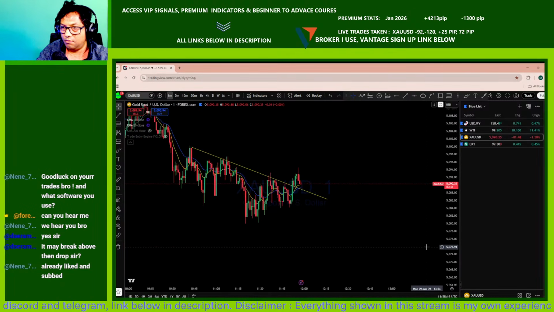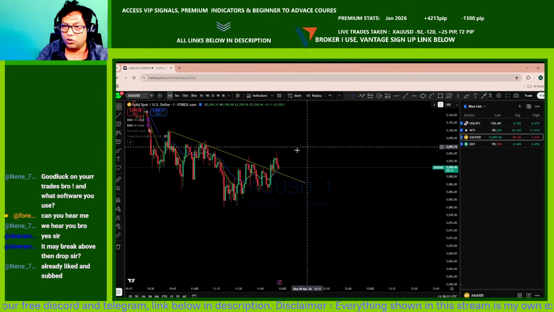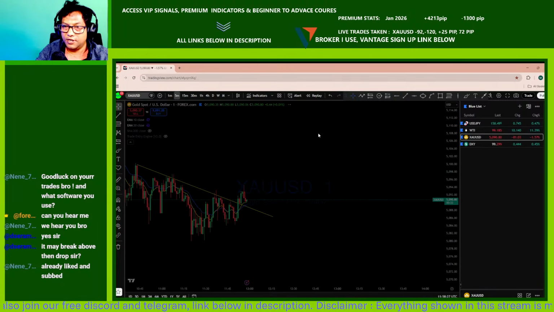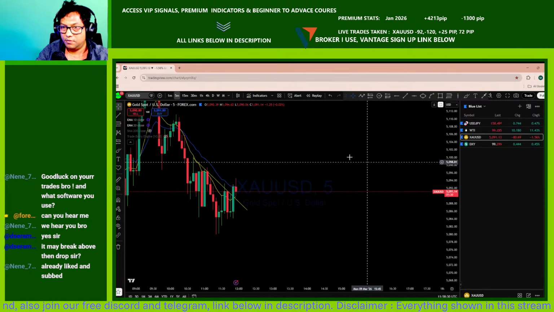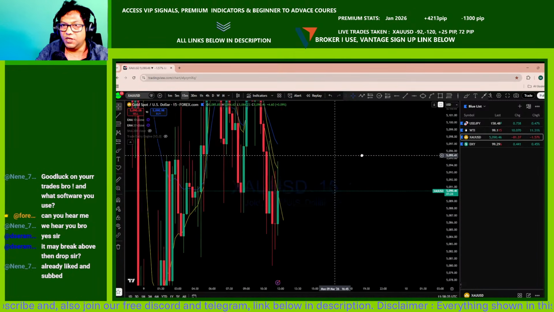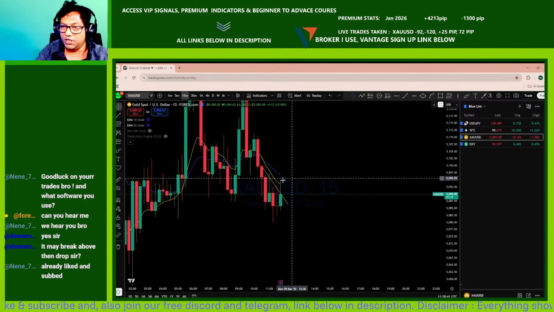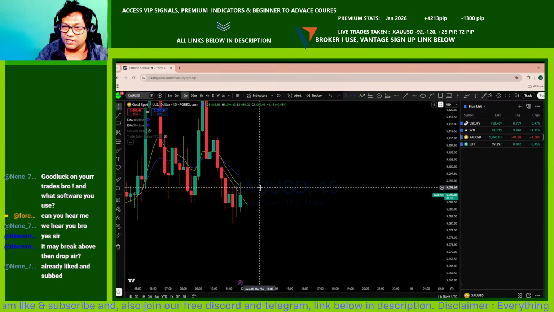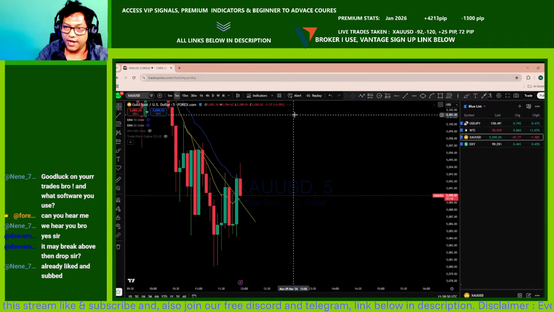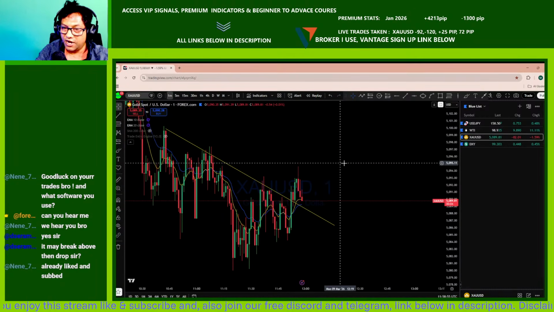And if this is a false breakout of this trend line, we're expecting the market to trend down back below again. Now, if this 15 minutes candle closes with a long wick, traders will see a back-to-back third liquidity grab from the 15 minutes. That might bring the market back below here. So this is what we will be looking at for a further downtrending move in this market.